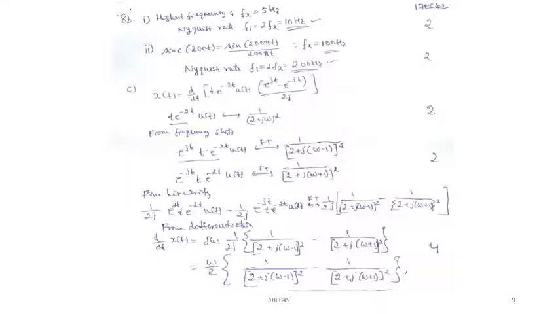Here you have to remember some of the standard Fourier transform equations. Directly you can write the answer, then apply the properties of Fourier transform and compute your X of j omega. For this, initially writing t into e to the power minus 2t into u of t is 2 marks. Then I apply the frequency shift property, 2 marks, and finally the calculation part is 4 marks. So 2 plus 2 plus 4, total it is 8 marks.